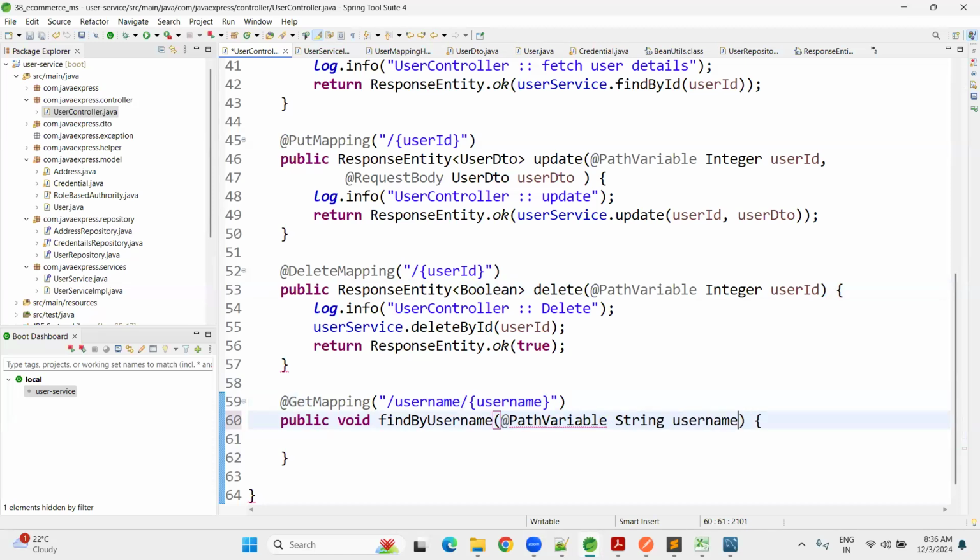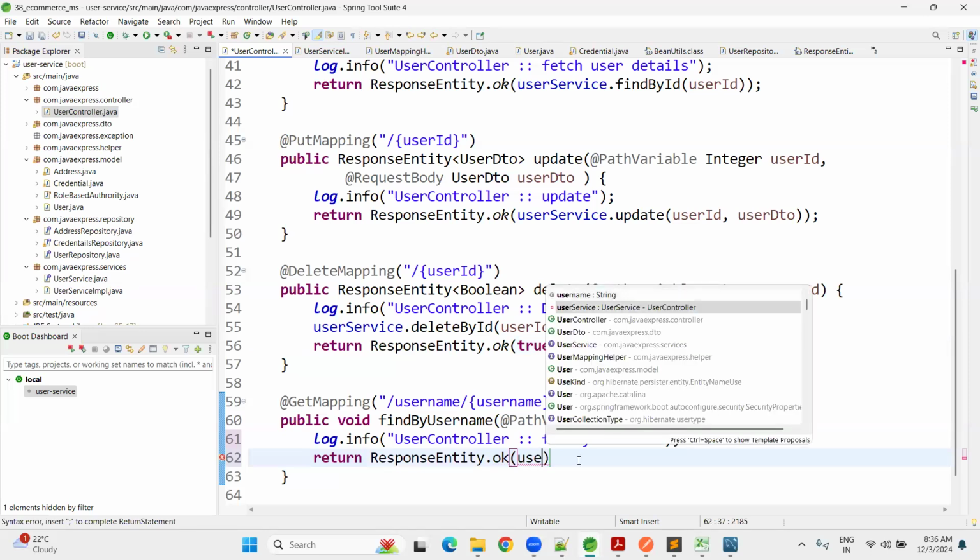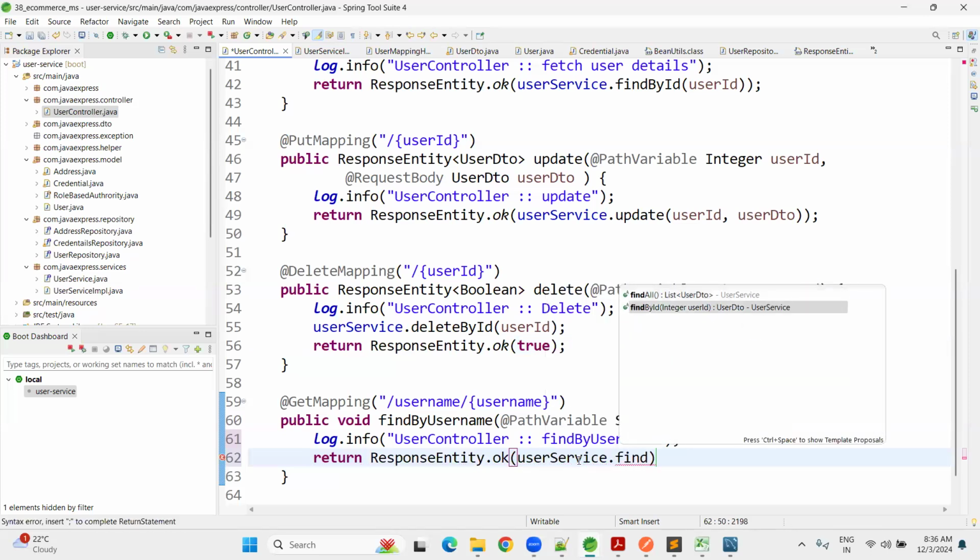Let me pass username here. Then same pattern: log.info user controller find by username. Now what should I do? Return ResponseEntity dot success. Now userService dot find by